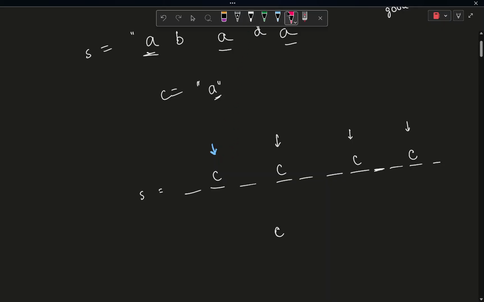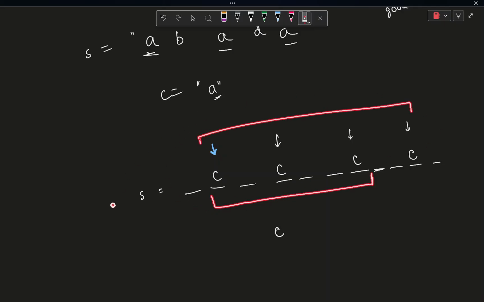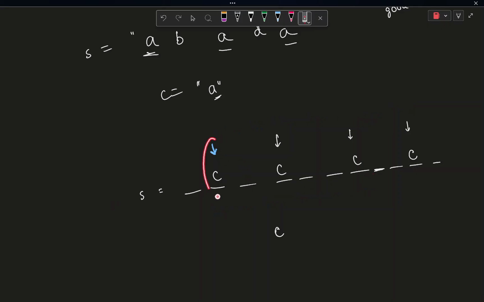One of the substrings can be this one only, starting and ending at C. Another substring can be starting here and ending here. Like this can be a very good substring. Then something like this can be a good substring, and this can be a good substring. All the other substrings which start from here and end at any place other than these four will not be